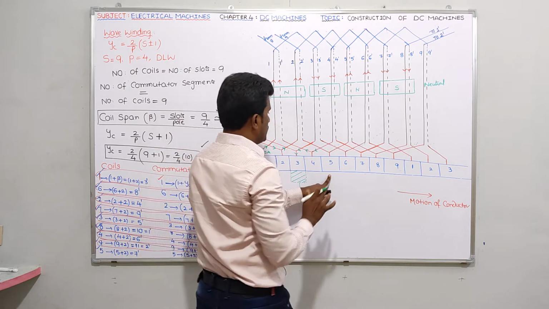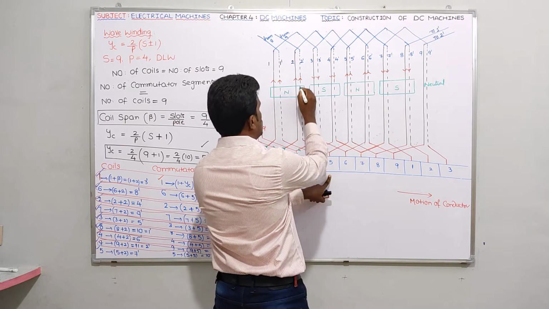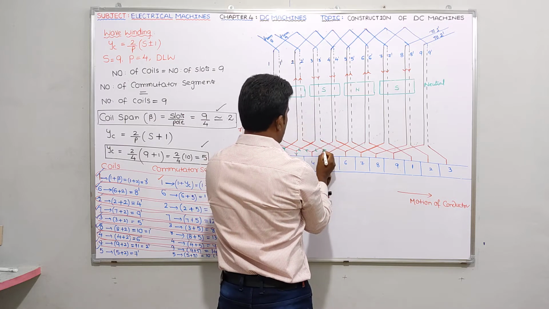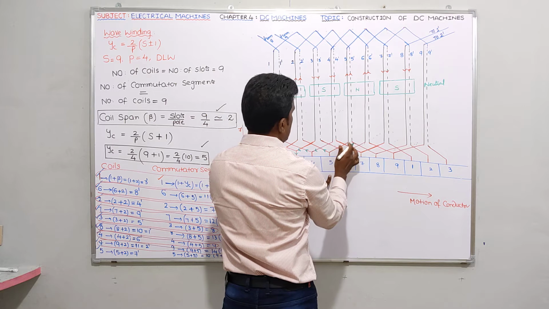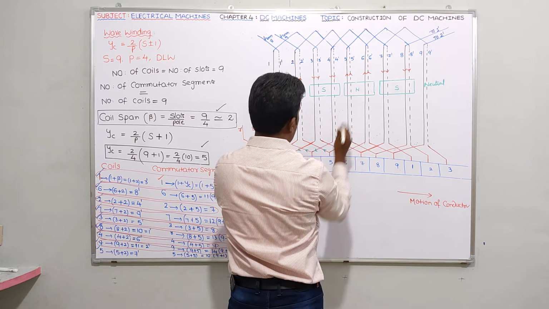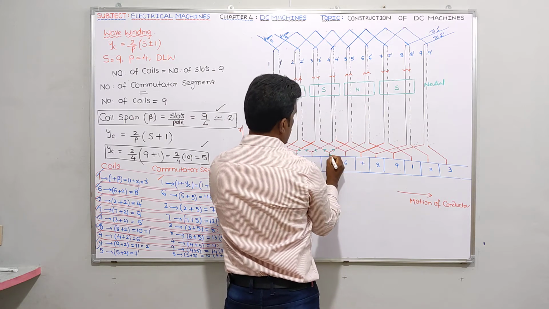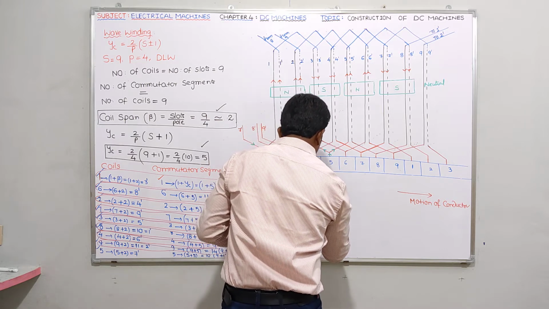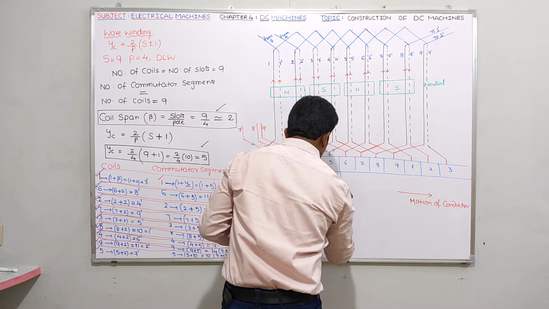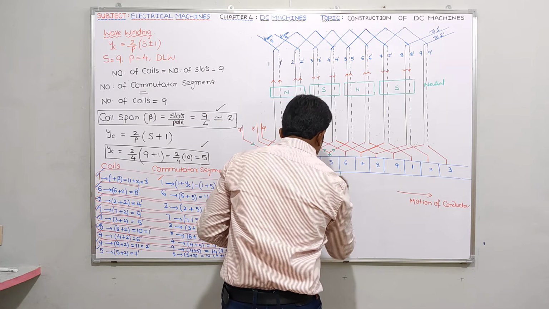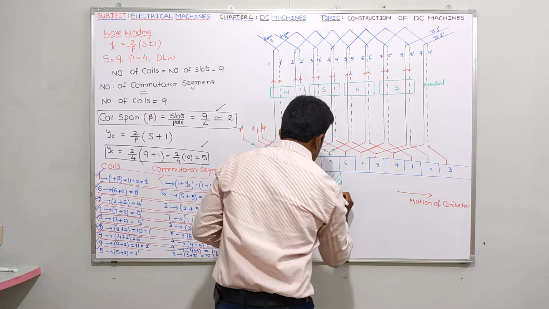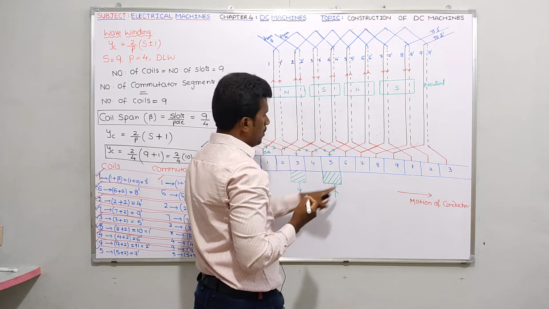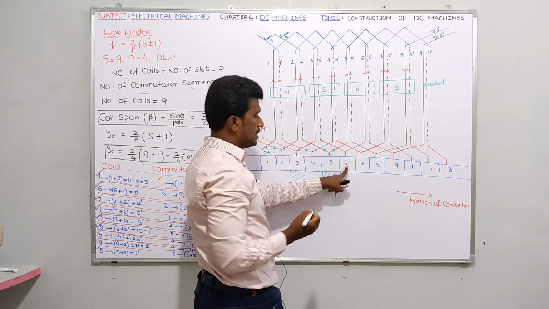And what about the fifth segment? If you see, guys, the fifth segment is connected between 2 dash, which means the direction of current will be upwards, and 5 also upwards. So the resultant current will be upwards here. So definitely a brush will be there. Brush will be there here. And what is the direction of current at this brush? Upwards.